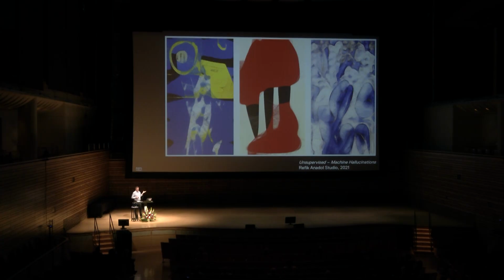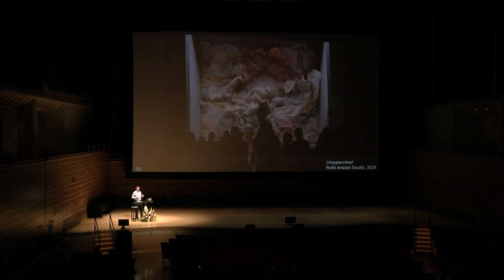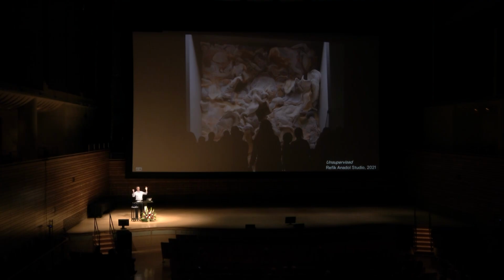So here, you can go to the Museum of Modern Art in New York. They gave an artist studio basically permission to use their entire digital archive, and then the artist studio used that to make this kind of ever-shifting display that you can see. It's like a shrine. People are standing in front of it like they're awed, and you can kind of see this ever-morphing set of images that, again, nothing is coming from their collection, but it's all kind of inspired by their collection, generated by their collection.